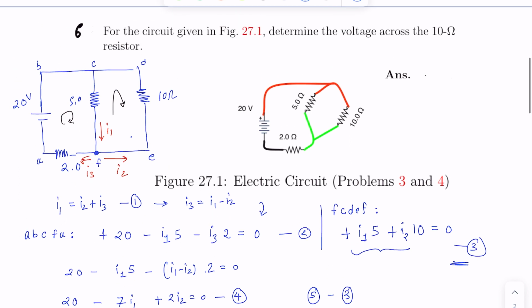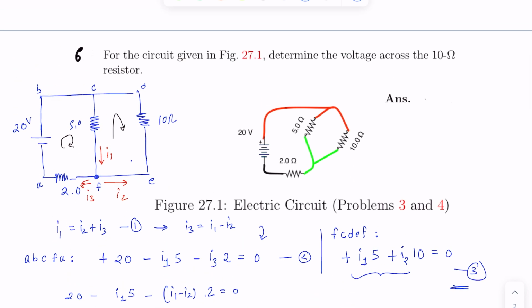Okay, so I'm just going to do the remainder of the problem right here. I hope you guys follow this. So what's happening is I2 is this way, and I want to figure out the potential difference across the 10 ohm resistor. So let's say we're figuring out VD minus VE. If you're figuring out VD minus VE, this will make more sense if we do VE minus VD,